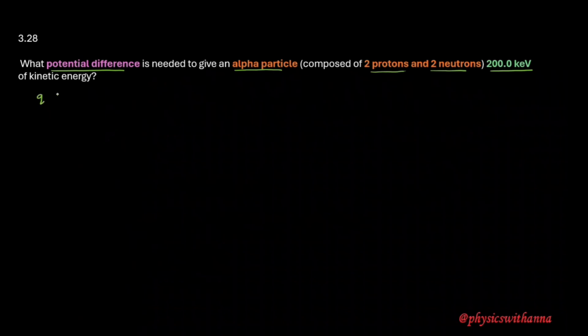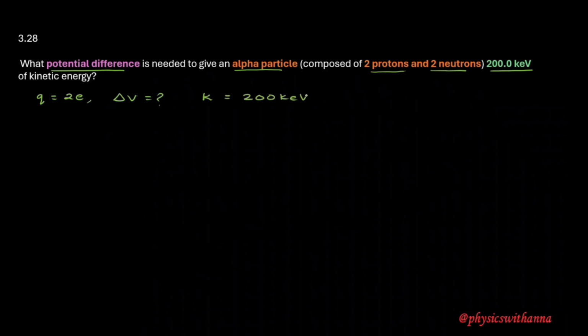So we write Q equals 2 times e, where e is the elementary charge on protons and electrons. Neutrons are neutral particles, so we do not need to consider any charge for them. We need to find what potential difference is needed for this alpha particle to have a kinetic energy of 200